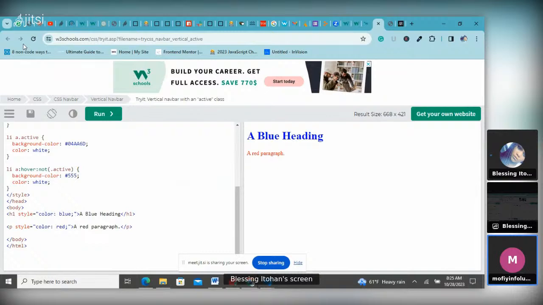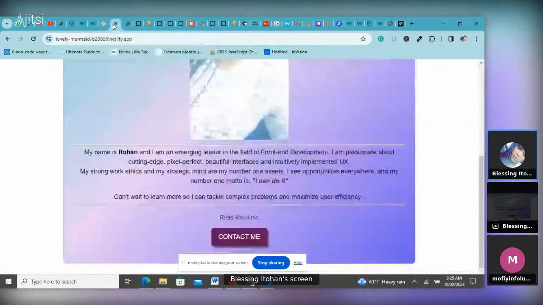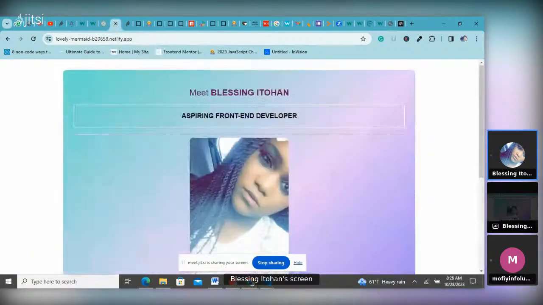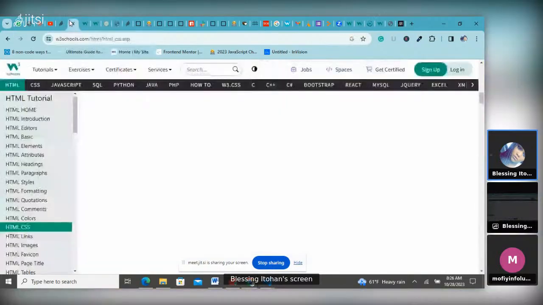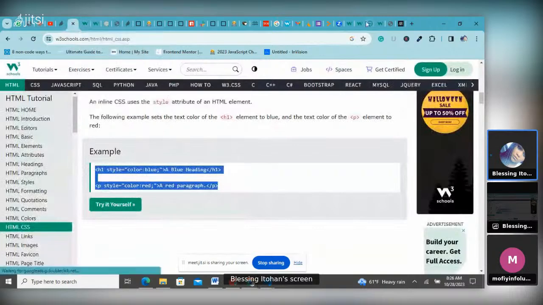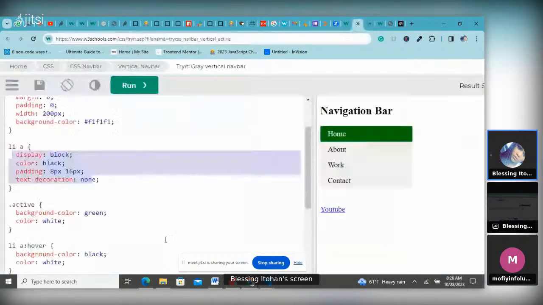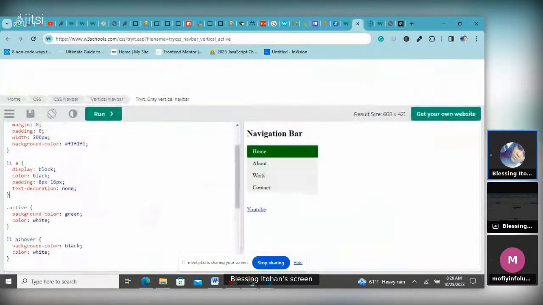All right, that's what CSS will do for you. It will help you design the page. So as I said, we are going to be designing your page. We are going to turn it from that block of text that it is right now into this. So I've just showed you the inline way of doing CSS. Now let me show you the other ways of doing CSS. There is something called the internal CSS. Let's start with the internal CSS. If you take a look at this code,